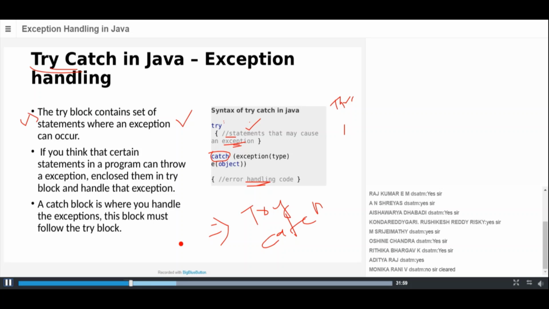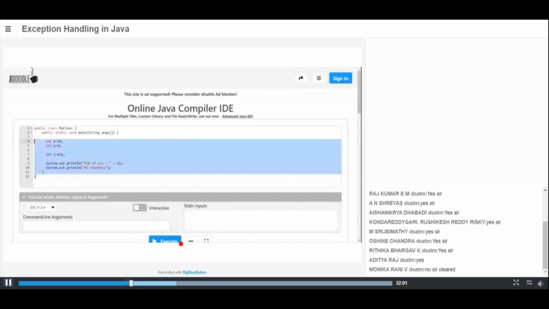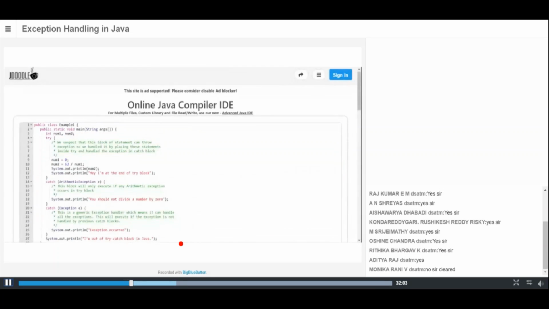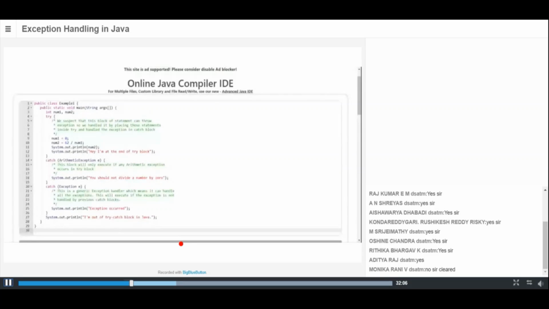Okay, now I have shared my screen. Is it visible? Switch on your mic and tell me if it is visible. I have the Java compiler now.